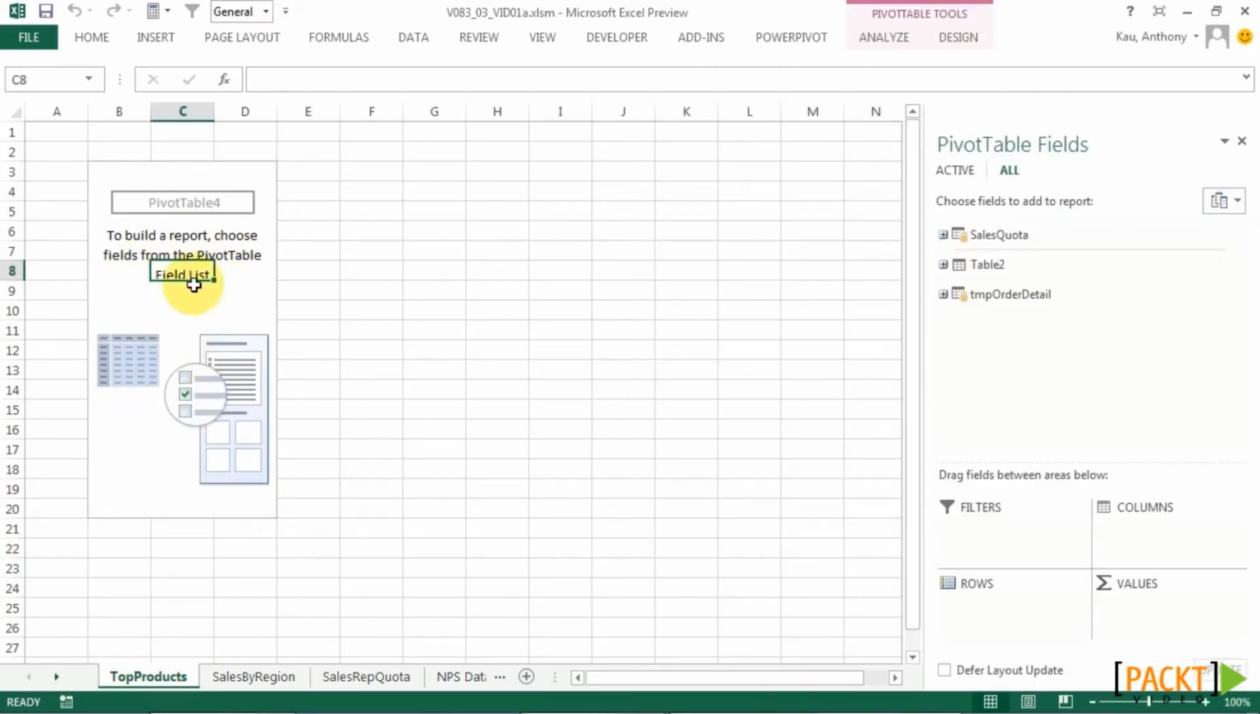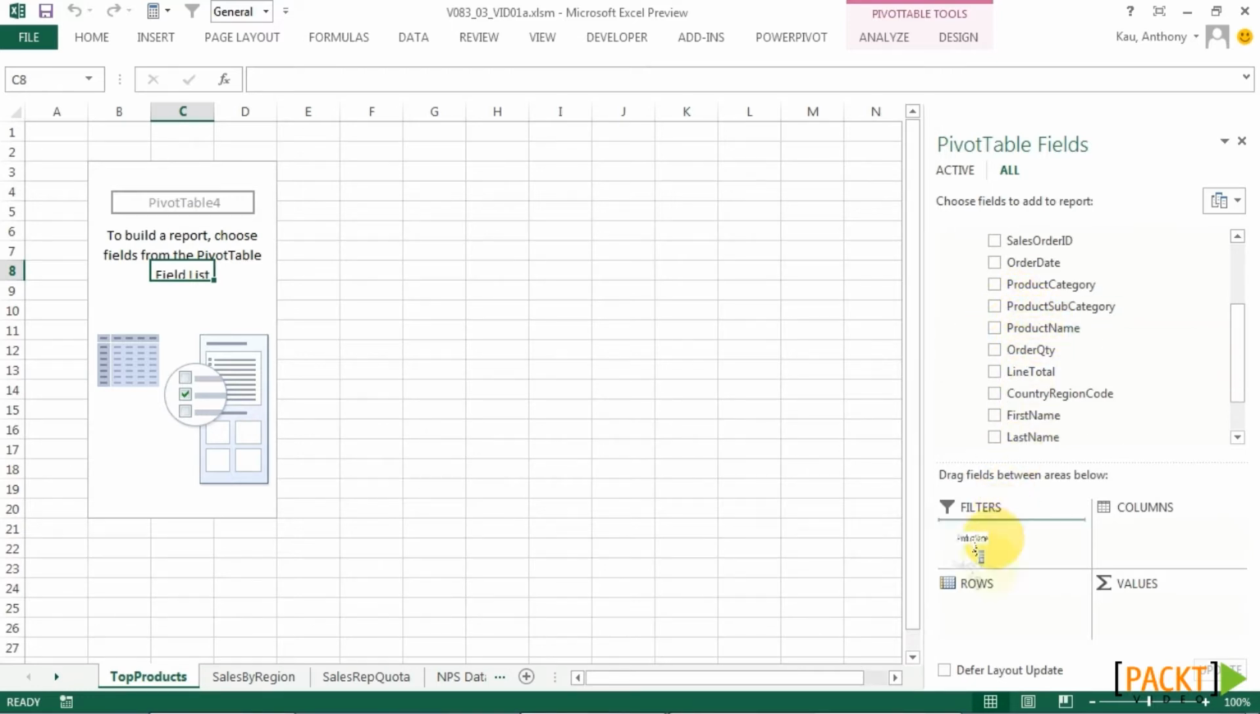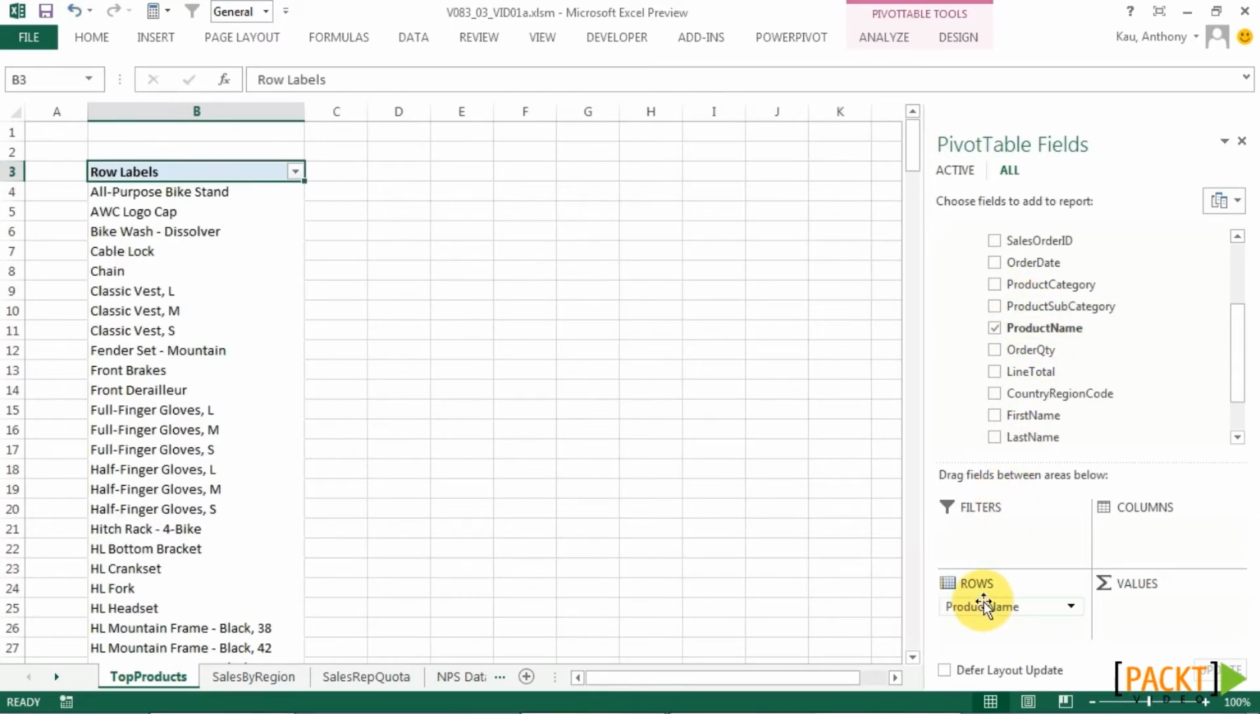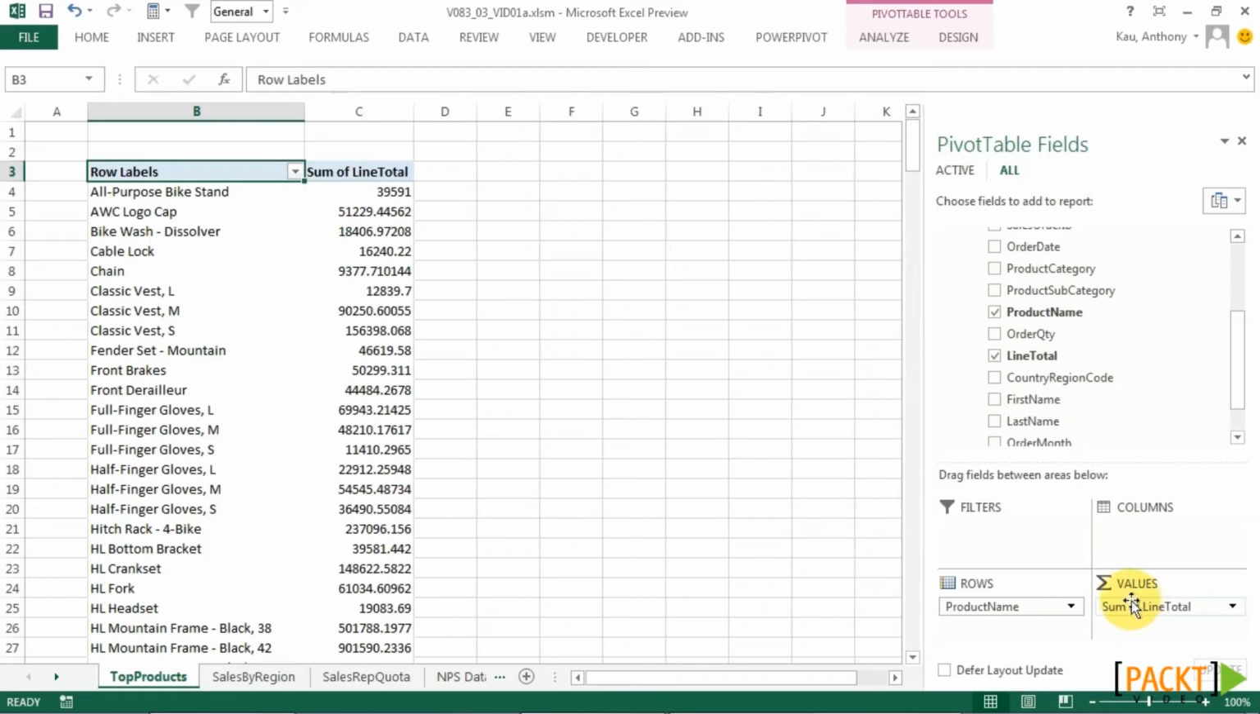And click back on the pivot table area. We'll go into our temp order detail view, more fields, and select the product name field. Drag that into the rows. Then we'll take the line total and drag that into the values box. So right now this list is sorted alphabetically, but we can see exactly what our sales are for each product